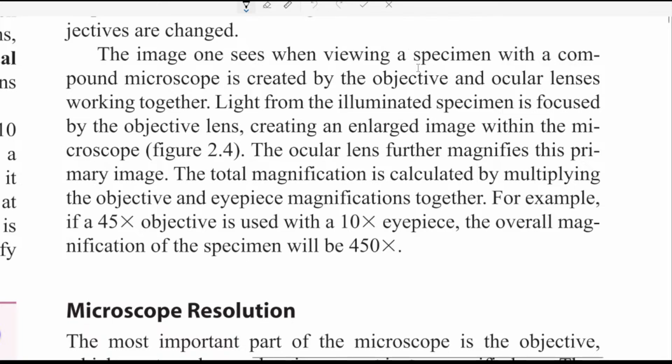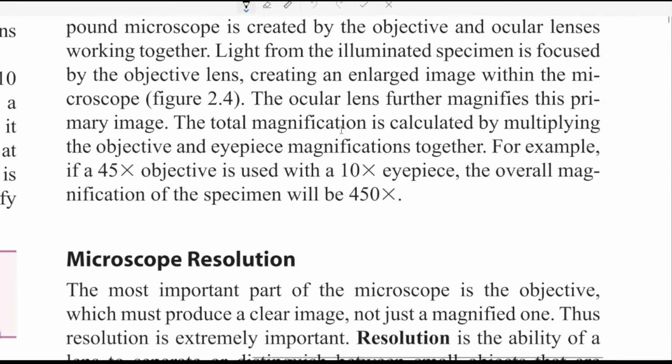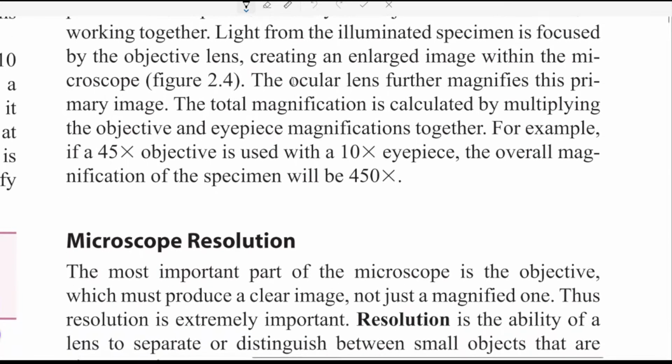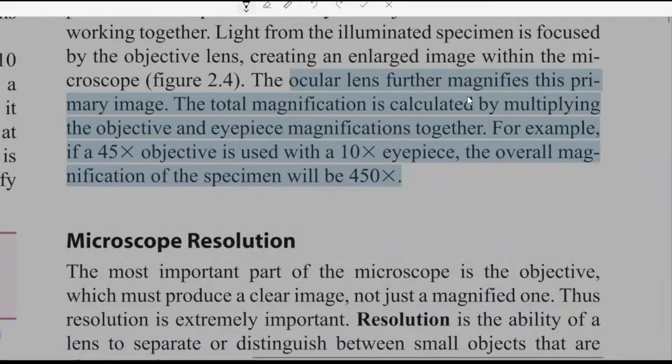Even if there is no mirror, the light goes directly to the ocular lenses, and it further magnifies it and even makes it sharper. So the ocular lenses further magnify this primary image. The total magnification is calculated by multiplying the objective and the eyepiece magnifications together. For example, if a 45x objective lens is used with a 10x eyepiece, the overall magnification of the specimen will be 450. I think this part is simpler